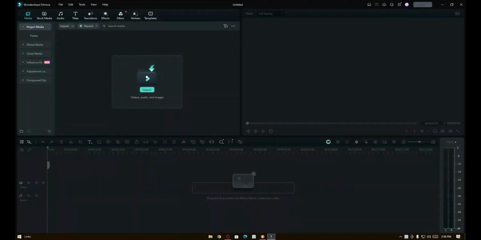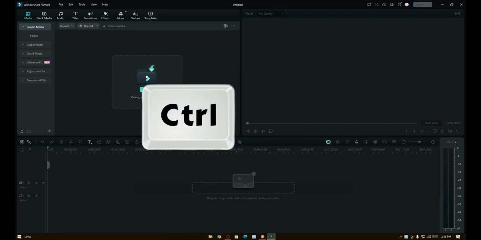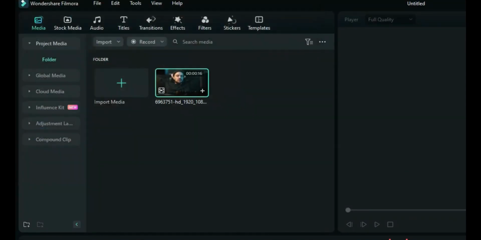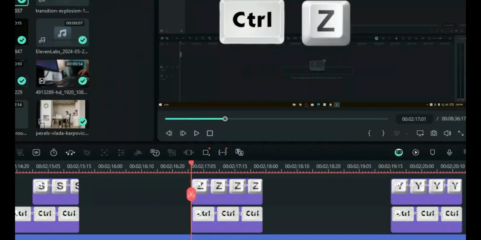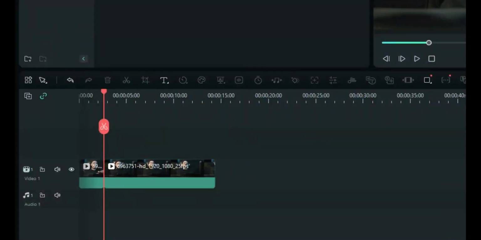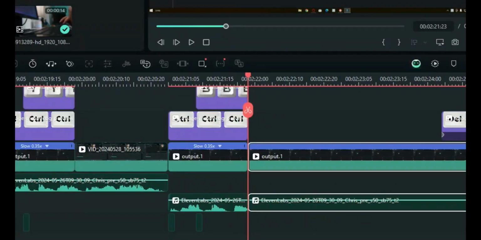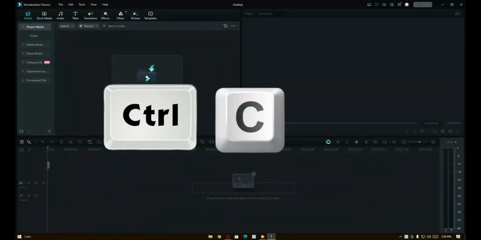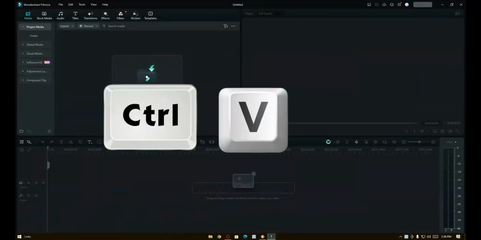Now let's go over some of the essential keyboard shortcuts you should know. First, the basics: Ctrl+I to import media, Ctrl+S to save your project, Ctrl+Z to undo an action, Ctrl+Y to redo an action, Ctrl+B to split a clip at the playhead, Delete key to remove a clip from the timeline, Ctrl+C to copy a clip, Ctrl+V to paste